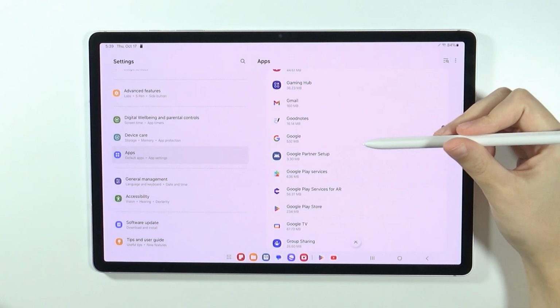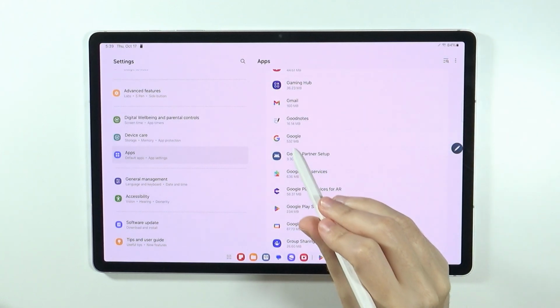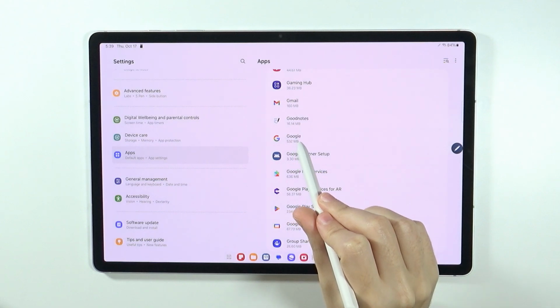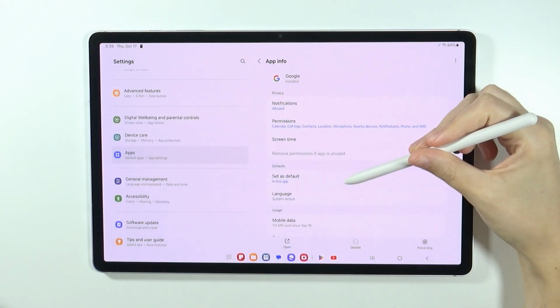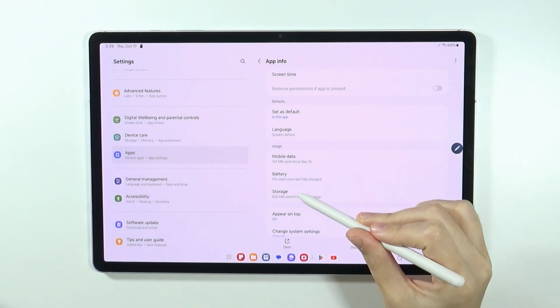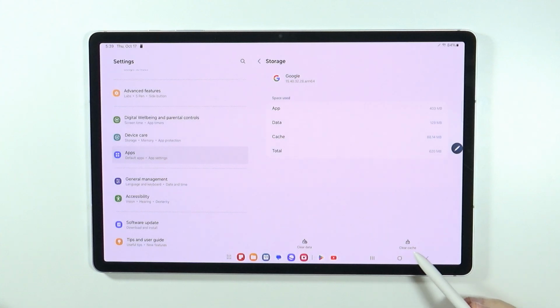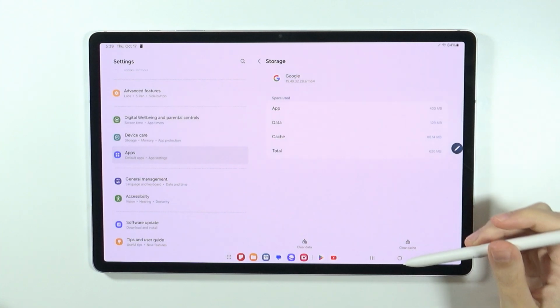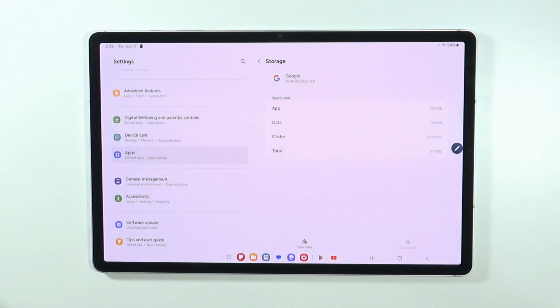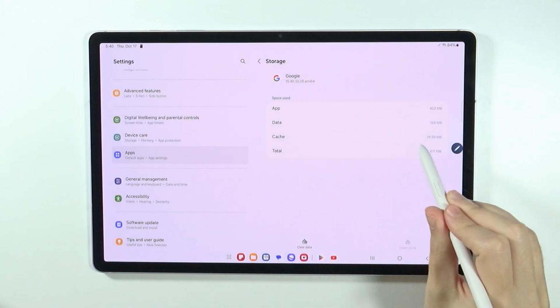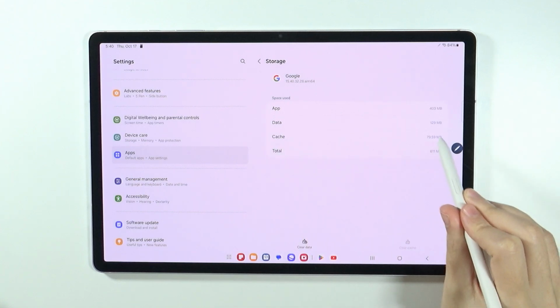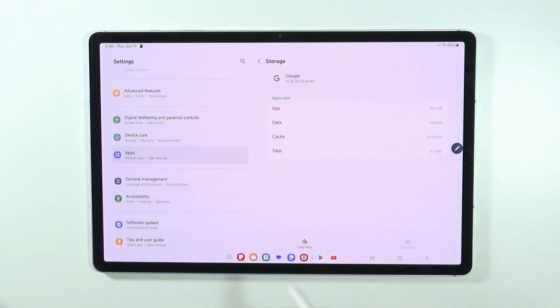So for instance, if you want to clear app cache, the Google app cache, then of course you want to go to Google. And now over here we need to find storage, go to storage, and at the bottom you will find clear cache. If you press this button, then you will immediately clear cache files over here. In addition to that, you can see the space that the cache is using, and you can also